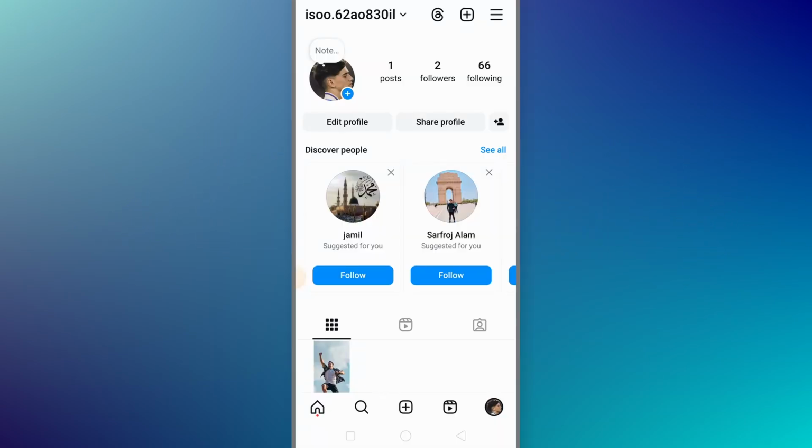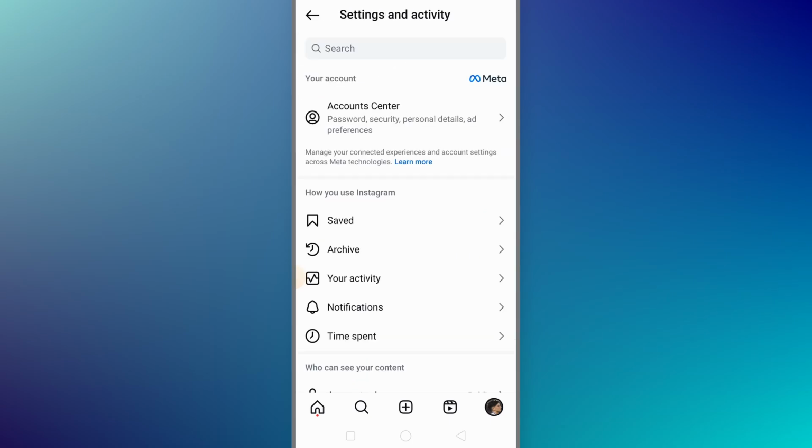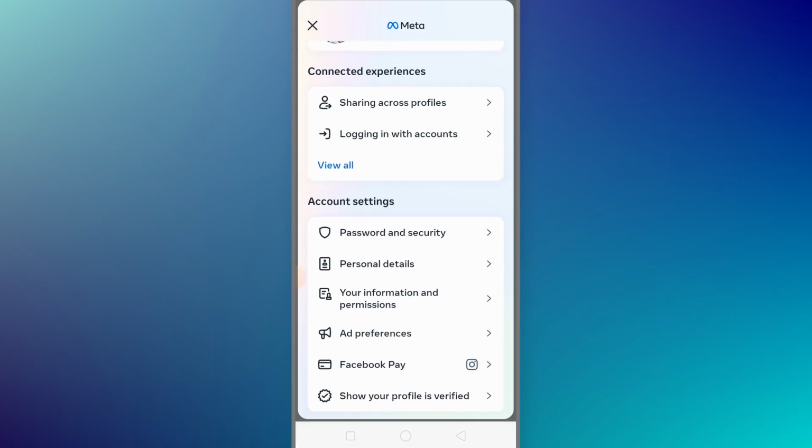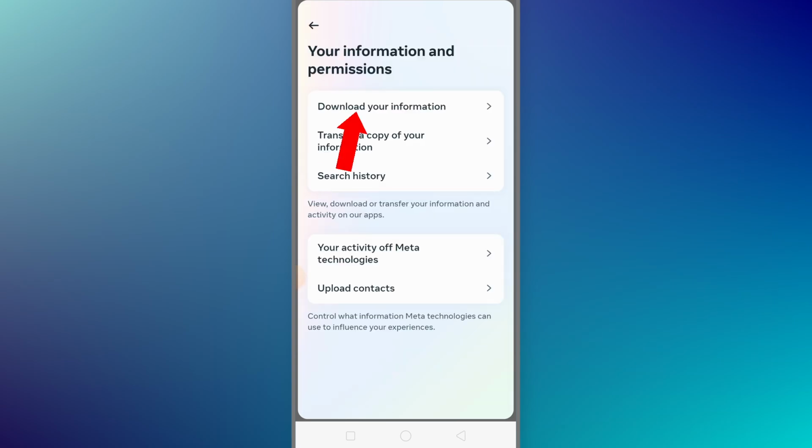So this is my ID and I have only 2 followers because many people have unfollowed me, and we are going to check that. So for that we just need to click the 3 little lines which you can see at the top, and right here we have to click on Account Center. Now scroll a bit and click on Your information and permissions, and at the top click on Download your information,